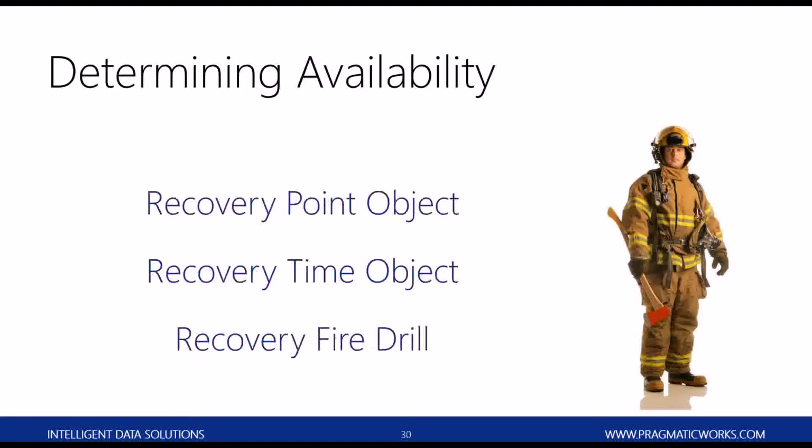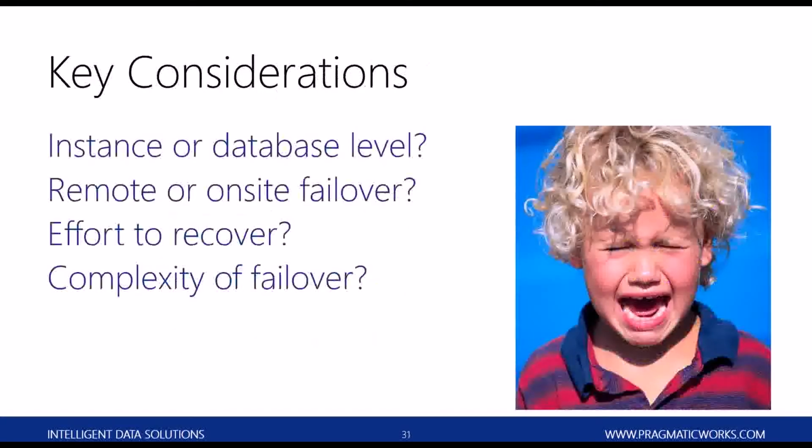And so when you're building out that availability solution, you're going to want to look at what it is that you need. Do you need instance level, so failover clustering, or database level failover? Do you need Always On so that you can have multiple replicas, or is just failover clustering what you need because it's all or nothing? Is it a remote or an on-site